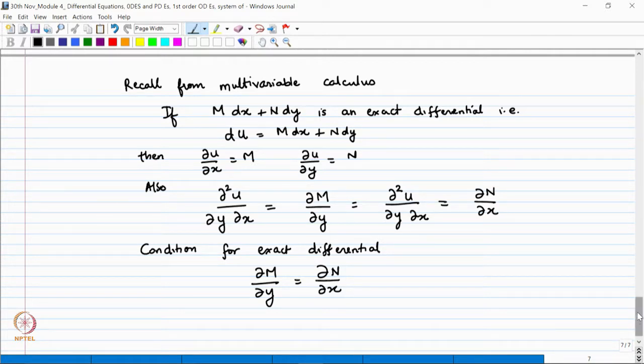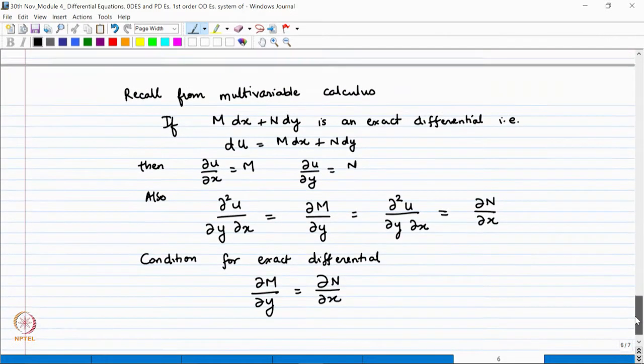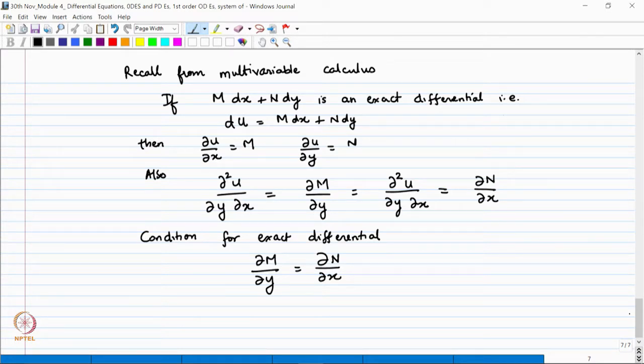So, then what you do, now you go back. Suppose you are not able to separate the variables, then you see if you can write this as an exact differential, you see if this condition is satisfied. So, you check for exact differential. If the differential is exact, then you can use each of these conditions. So, then you can use dou u by dou x equal to m of x y, then you integrate